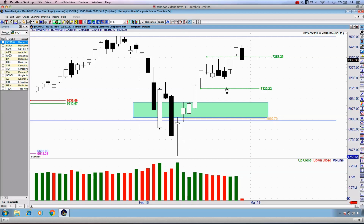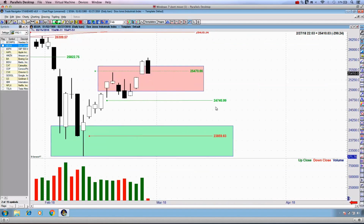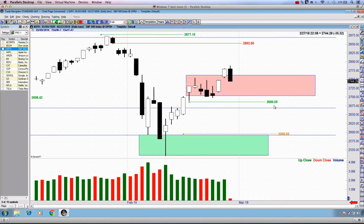7,122 is the entry on the NASDAQ. We can scoot this up a little bit higher, actually, 7,185. I'm still confident, of course, in the bearish entry on the Dow Jones Industrial Average that I've spoken about, and also on the S&P 500. I'm not going to rejig this. I'm going to keep it at